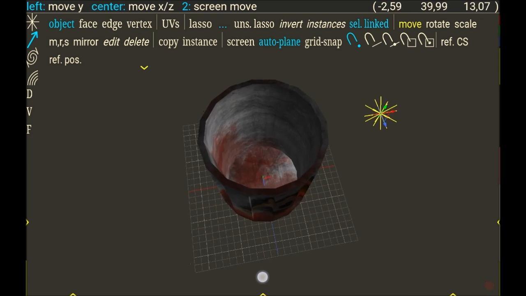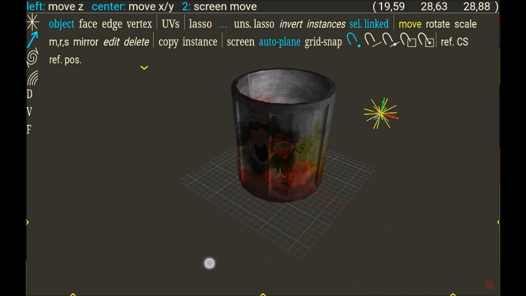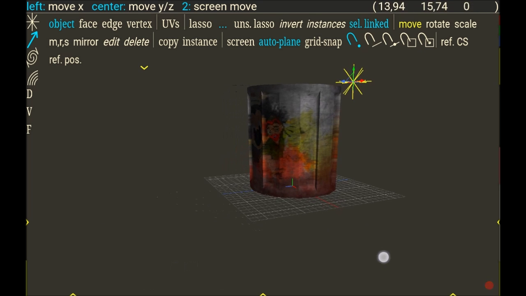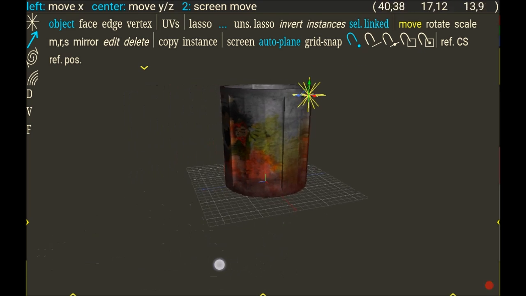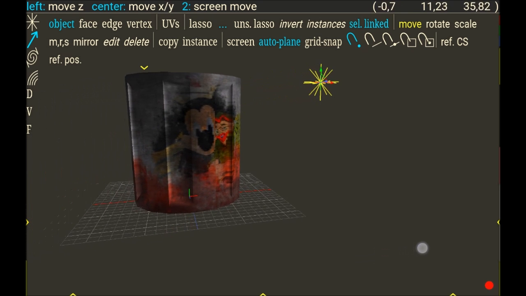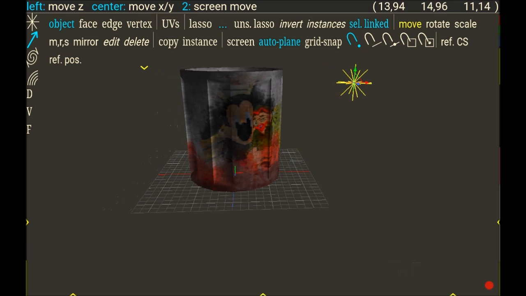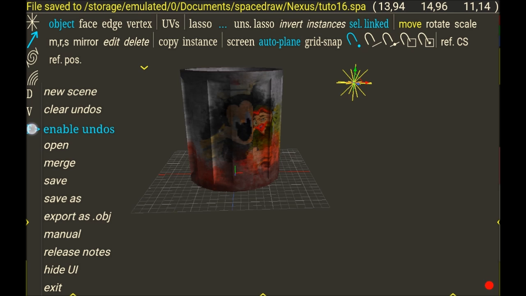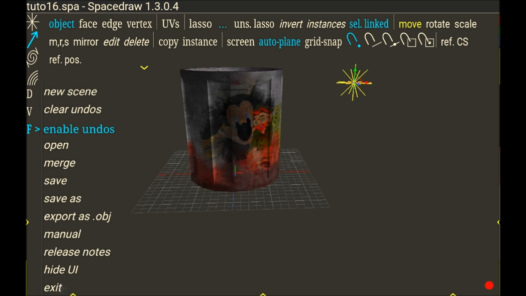The stuff we liked in spacedraw, sometimes they pass through objects, so maybe it's better to see it in another viewer. And now my textures are created, so I will save it again, and so this is called Tuto 16. I will exit the program